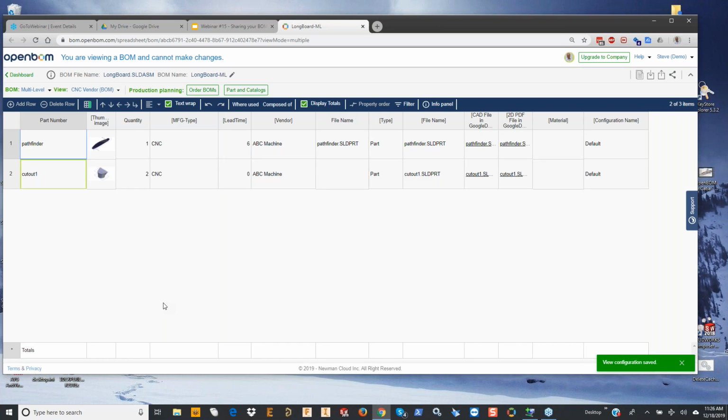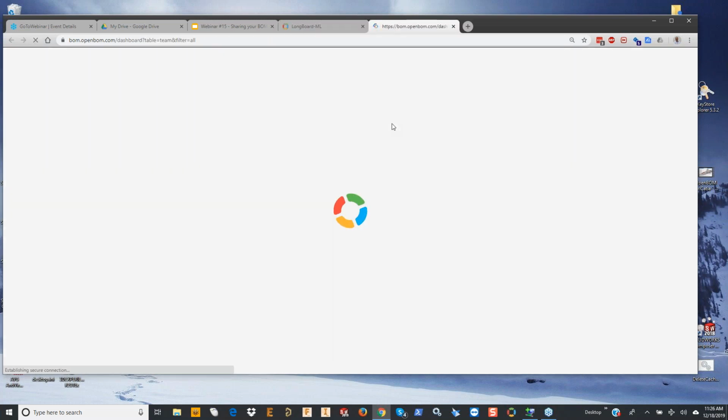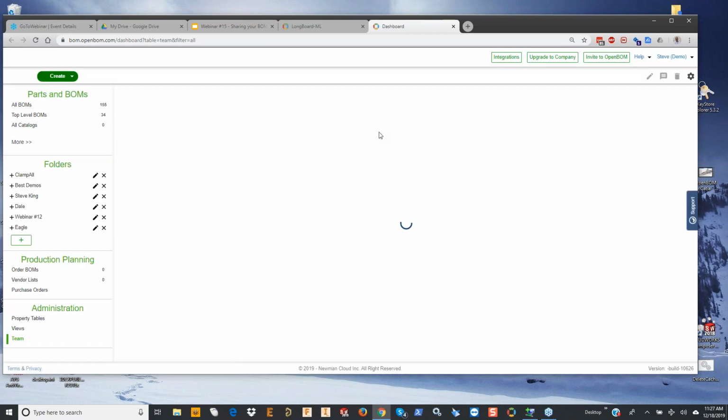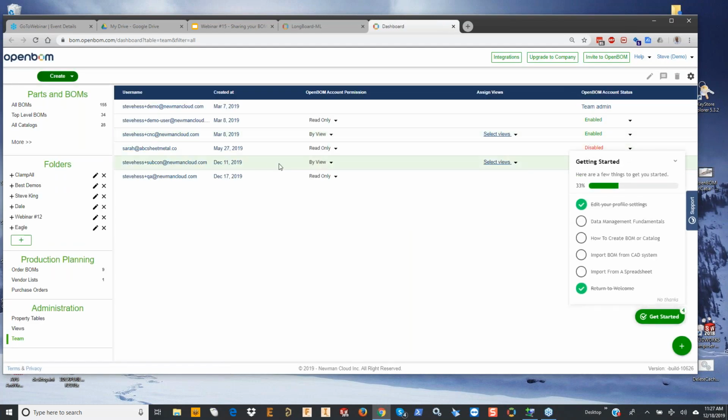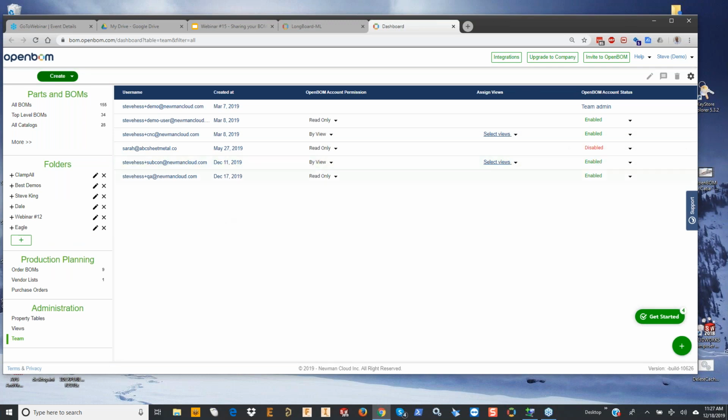Now you ask yourself, okay, so my CNC vendor is outside my organization. He might not have an email address or a sign-in for OpenBOM like the rest of my members do. I add him or her to my team, and in OpenBOM, that's done through the team administrator panel. And there's a lot of information on how this is done. But I've used the add command here, and I've added a new member to my team. I've called this member the CNC